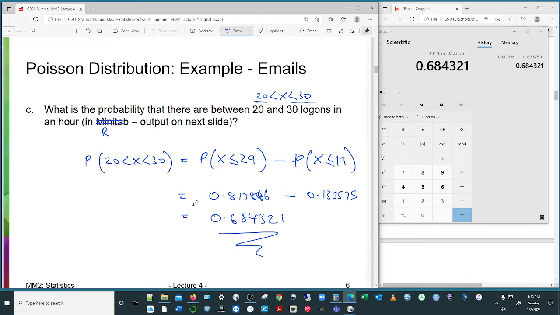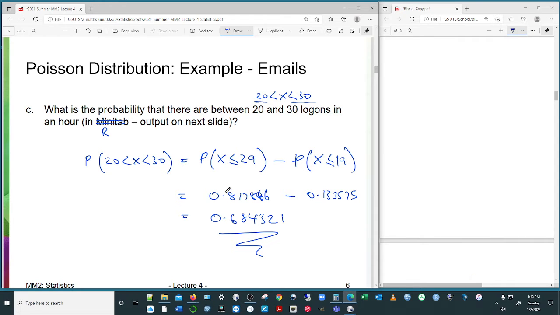So we just need to be very careful about how we construct that, because this says between 20 and 30. I just want to make a note here that there's a big difference between discrete distributions and continuous distributions. We haven't started doing continuous distributions, but an example like this changes when we do. But for the discrete ones, we've got to be careful. So it's just that in between.